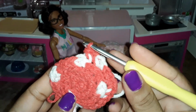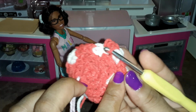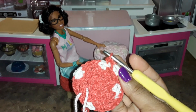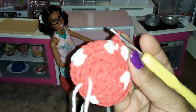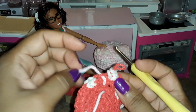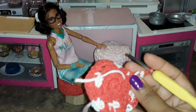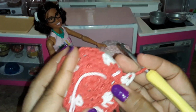So yeah, it doesn't have to be exactly like this, I could have done it earlier or later, but it's just like a mushroom, so you can add it wherever you think is aesthetically pleasing. Anyways, just continue like that for this round. Okay, I forgot to pass the marker here to the beginning. Anyway, we ended in here in 2, and now this is about the same size of the base of